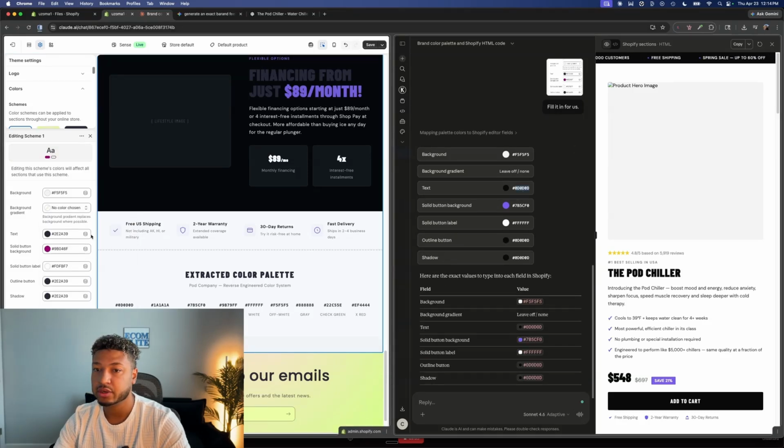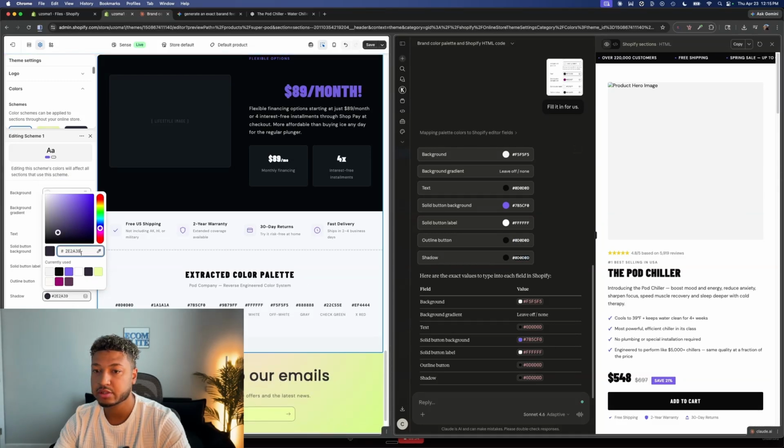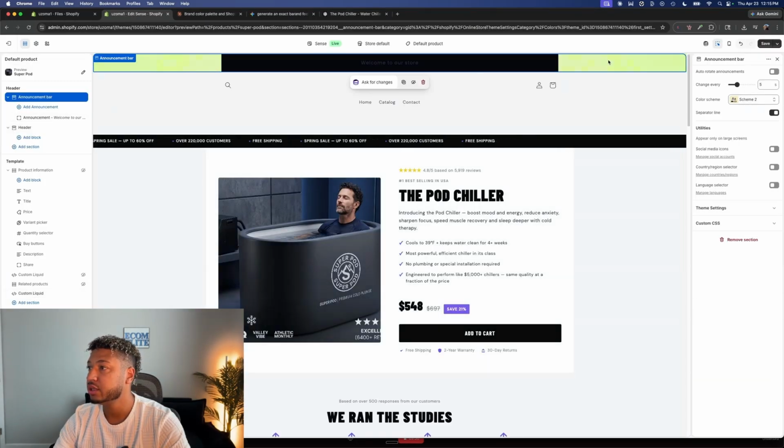Text, make it a little darker. Solid button color is our purple brand color. Solid button label is just gonna be white. Outline button is going to be black. And then the shadow behind the buttons is... So now we have that, we'll just click on this section up here,